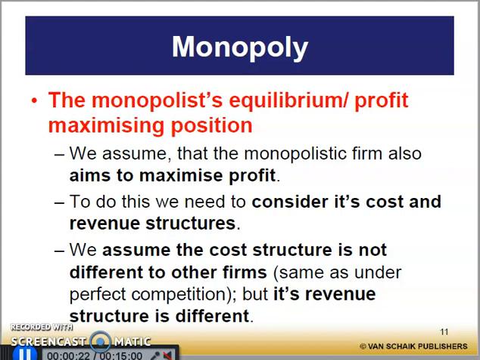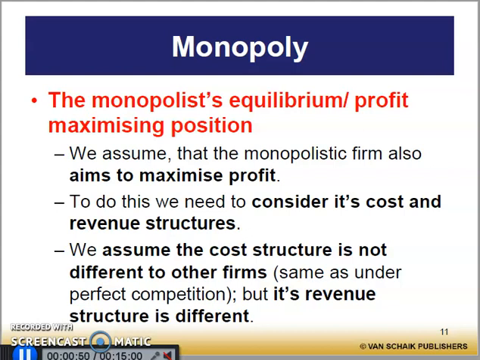So in principle, the profit maximizing decision of a monopolistic firm is exactly the same as that of any other firm. And the monopolistic firm must consider its revenue and cost structures, and will also follow the two basic rules that we defined in chapter 9,